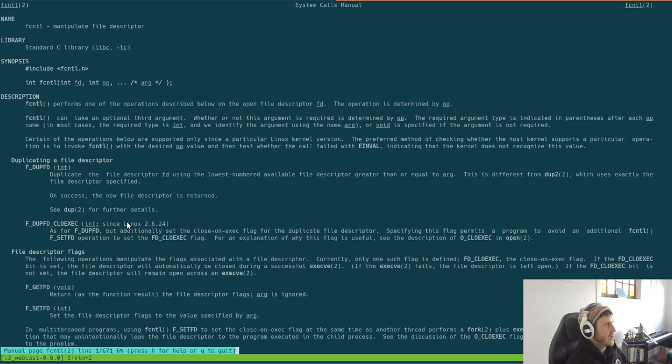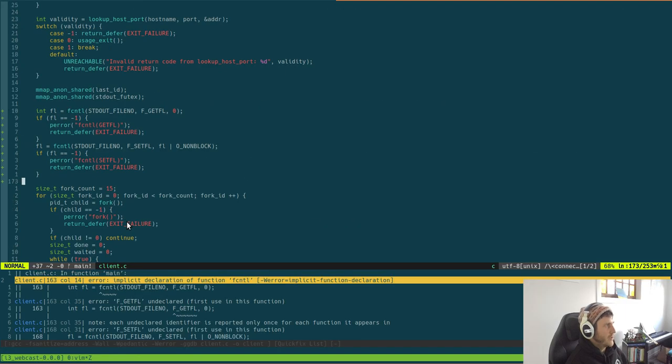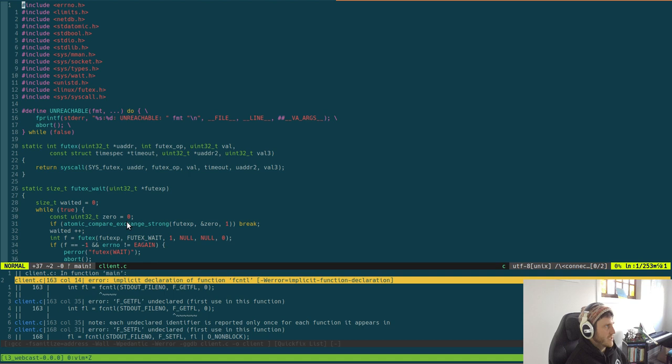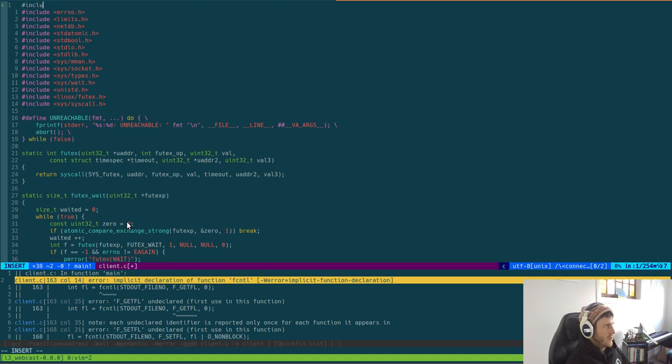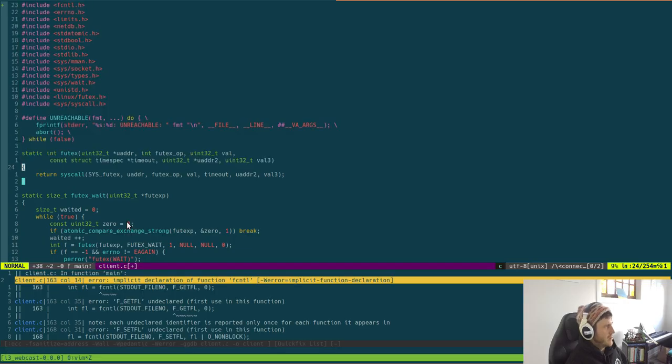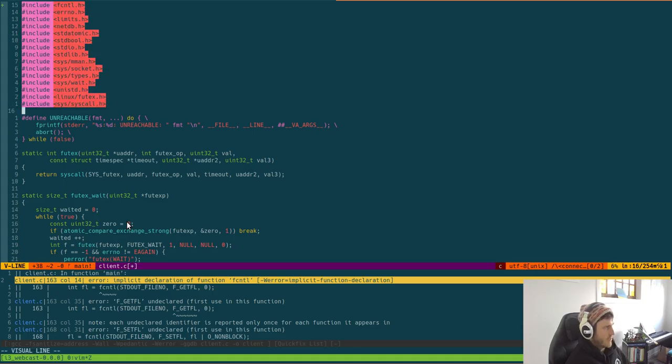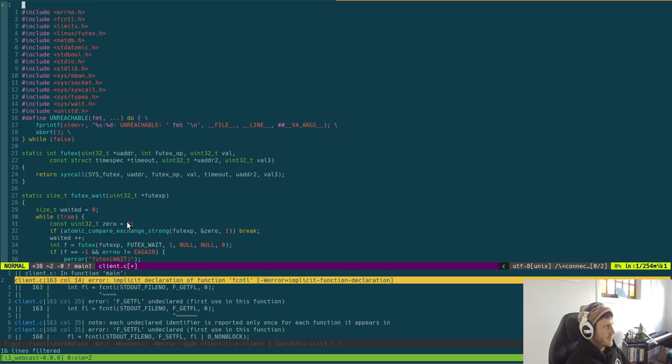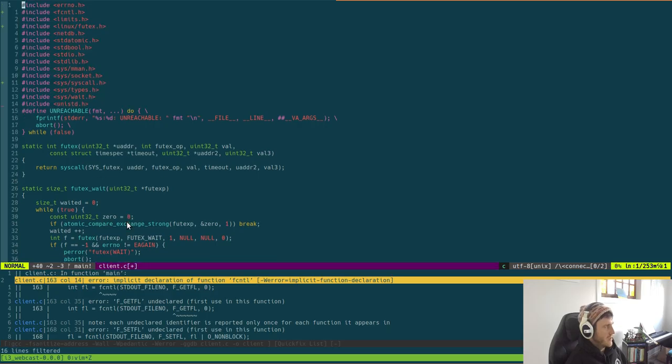Cool, we don't have that, we need to include it. Take me there, and include fcntl, file control, I believe it is. Yeah, that's the one I want, and sort that for me. Except find the define. Ugh, I hate